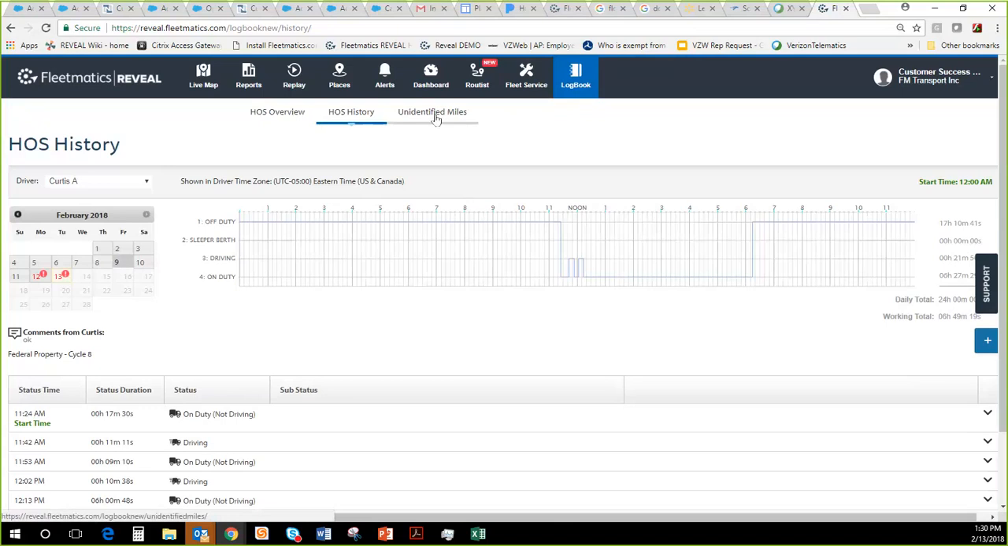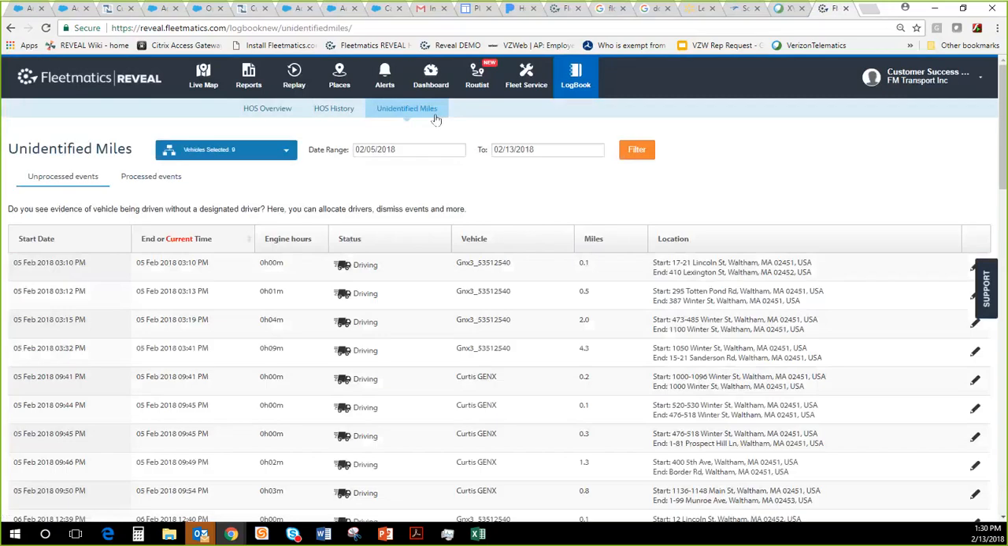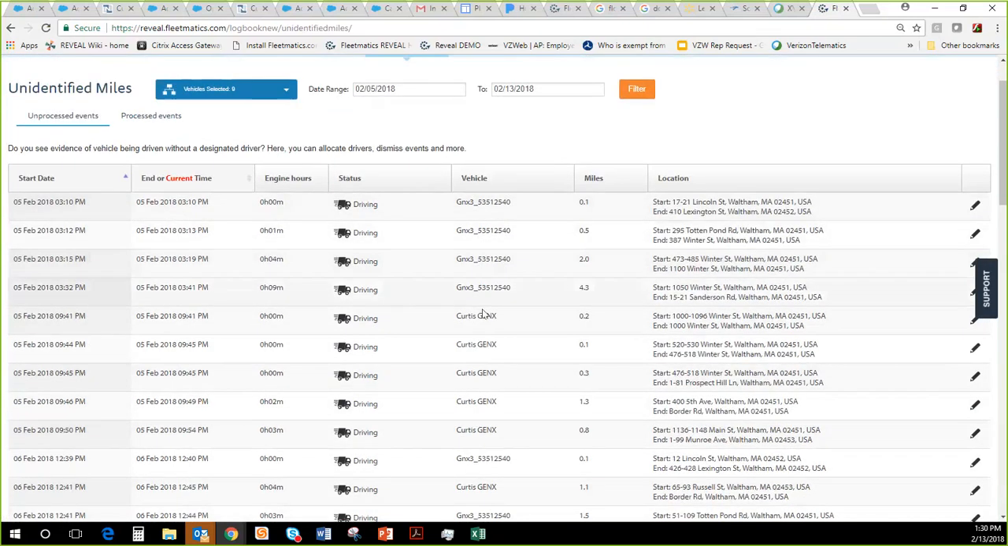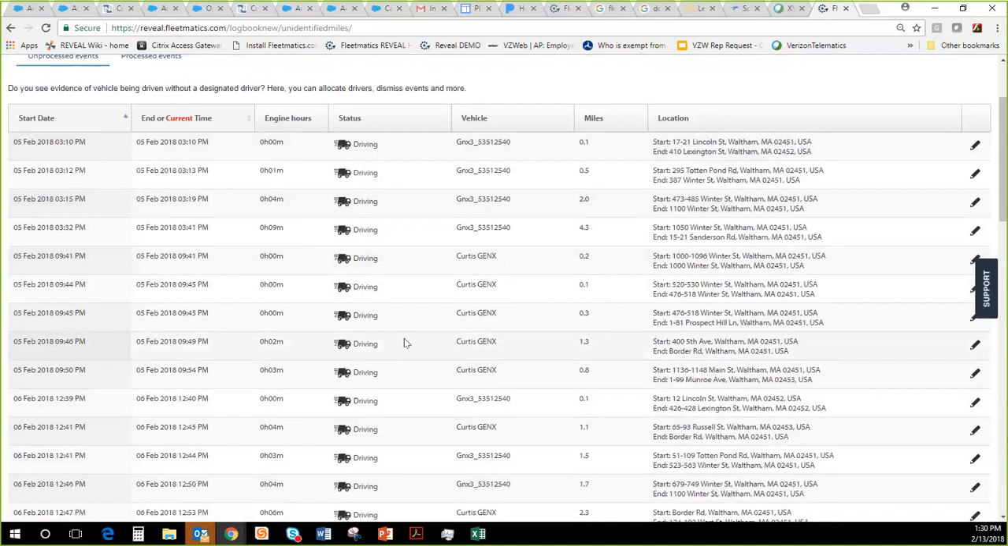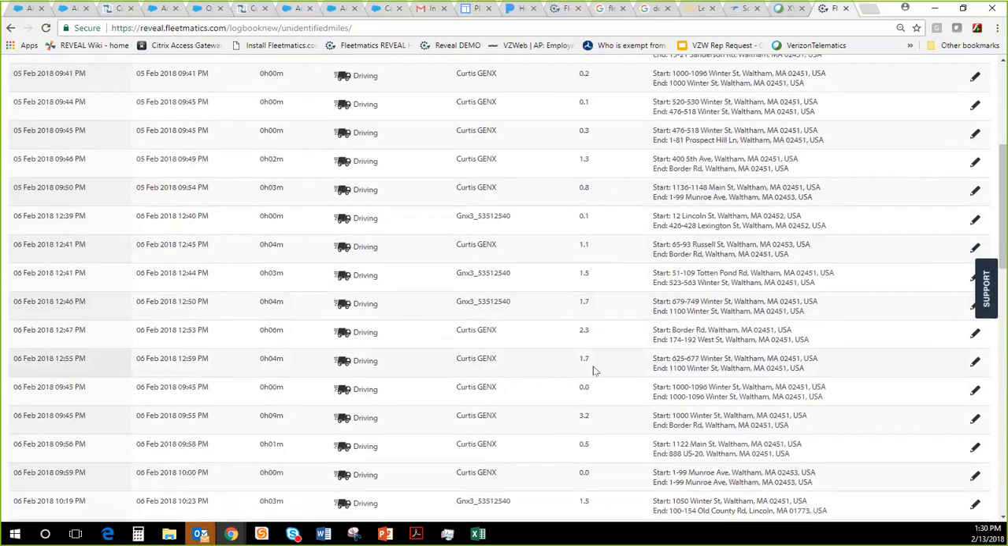Under this new tab here within the ELD version, you're going to be able to go in here and click on unidentified miles. And you're going to see all the different drive times. You're going to see the vehicle information, the way your vehicles are labeled here, all the drive time, and the location of when these occurred. Let's look at one with a decent amount of miles. All right, let's say this one here for February 6th,